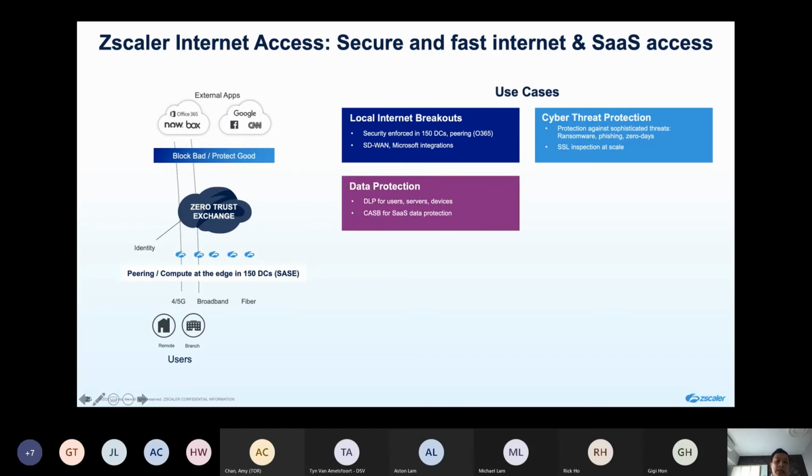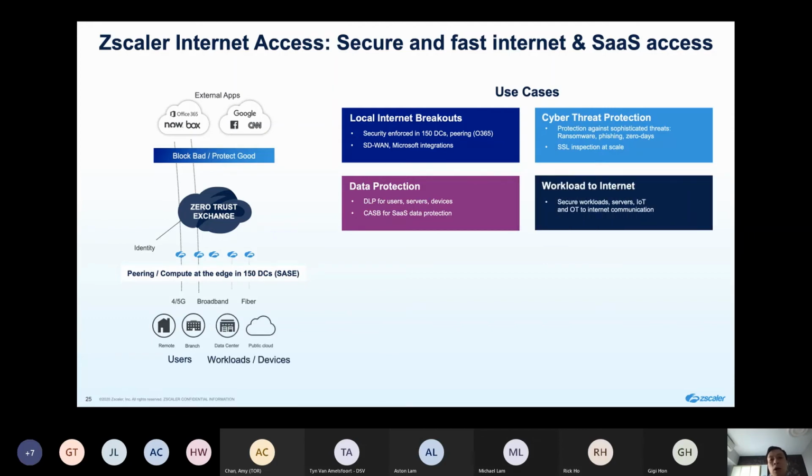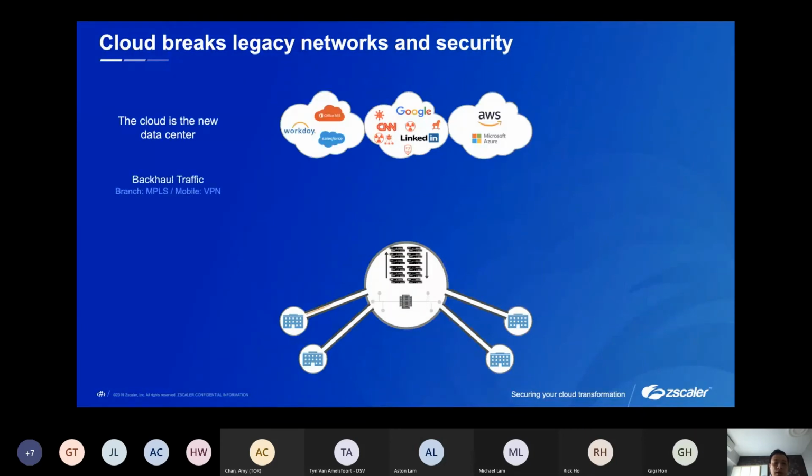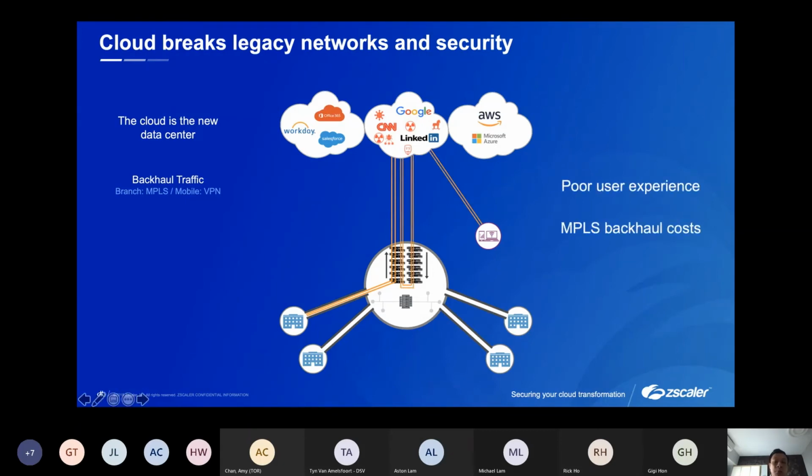We also have a very decent and comprehensive data protection solution to protect your data in the cloud or during data transit between the device or user and the cloud. Okay. The major goal is to reduce the risk, improve productivity, and reduce costs as well by not leveraging traditional infrastructure. For example, we don't need your branch office or remote workers to backhaul the traffic to your traditional infrastructure sitting in the data center anymore. Instead, we facilitate local access, direct access, the shortest path,